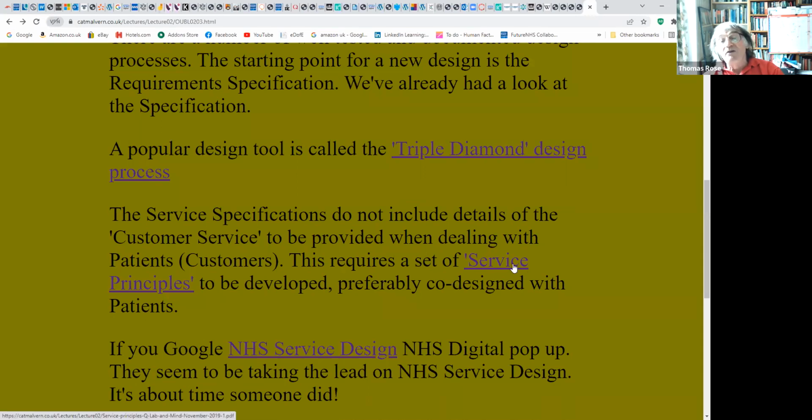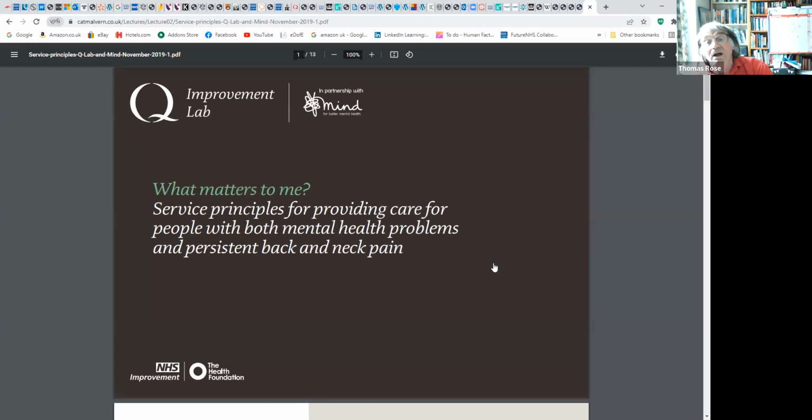Those service principles have been published on the Q website, and it was service principles for providing care to people with both mental health problems and persistent back pains. So each service needs this sort of document as another standard on top of all the other standards that are there, so that everybody working in that service has got an idea or a standard methodology